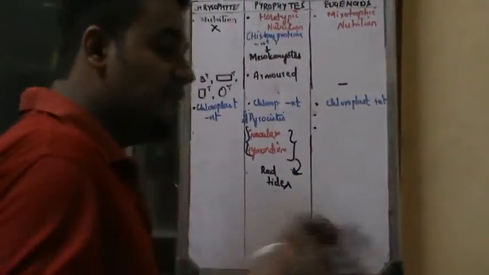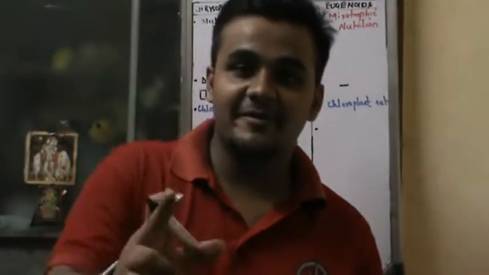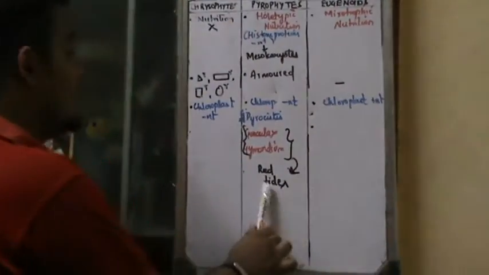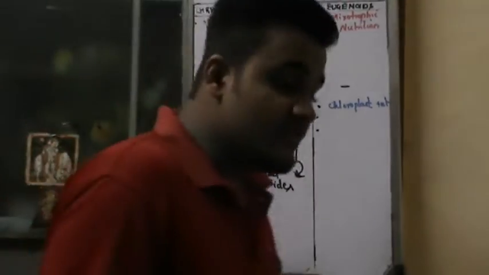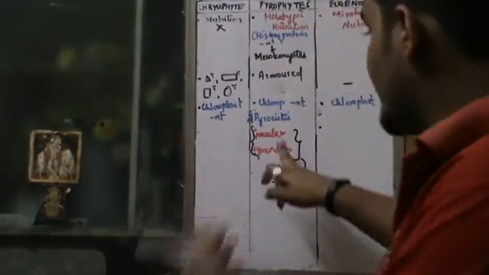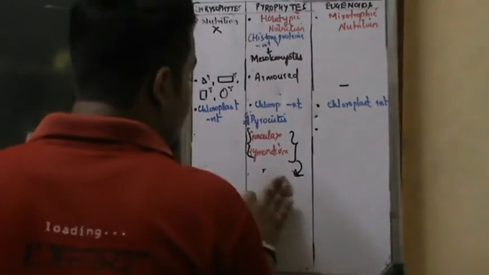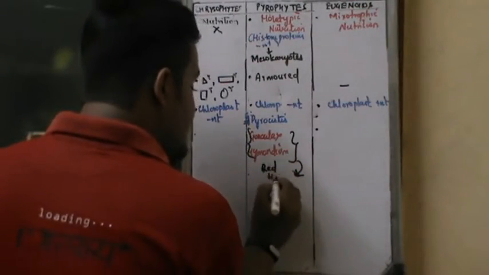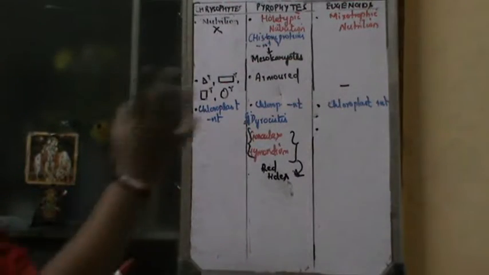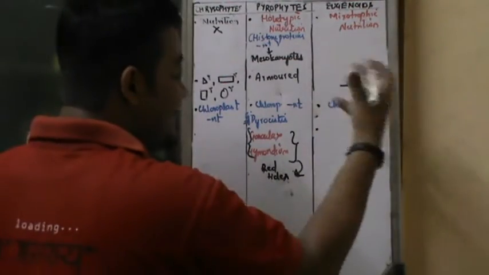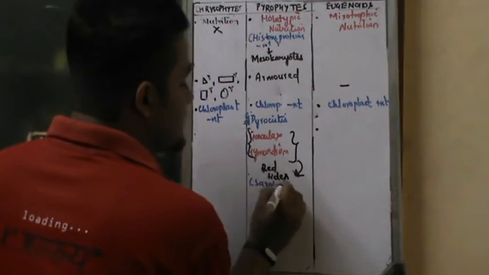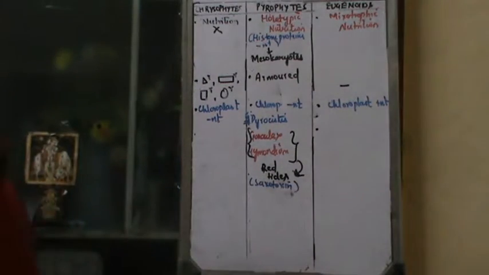Recall in kingdom Monera, I told you there is something called Red Sea, which is caused by a pigment in blue green algae, right? These are the particular group called pyrophytes, that is protists. Dinoflagellates, Gonyaulax or Gymnodinium, cause red tides. As per the NCERT line, these red tides are very toxic to the organisms, inhibiting aquatic life, because they secrete a toxin called saxitoxin, which is very dangerous to the life along with this.